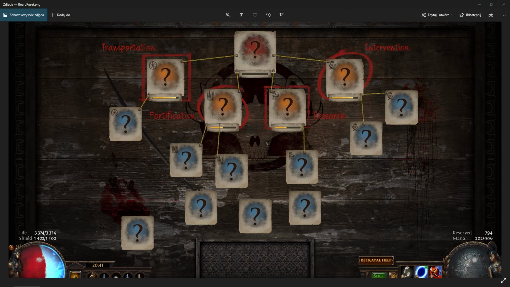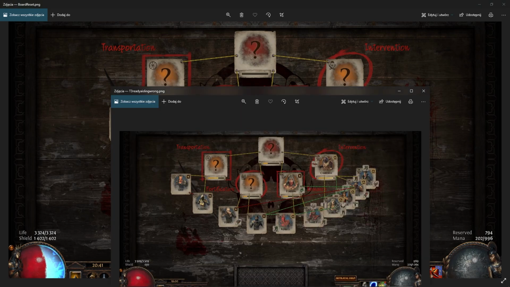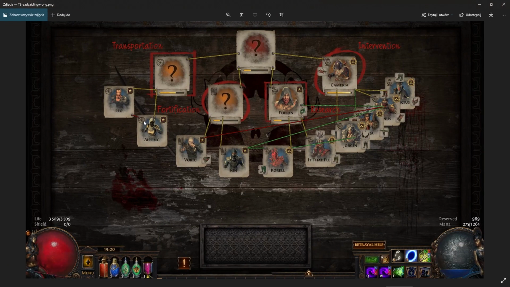Let me go back to that image. So this one. So yeah, I have Acelink here, and this safe house is almost ready. So I will probably at that point just run Haywork, finish this safe house, do it. I will get some pretty nice rewards. Then